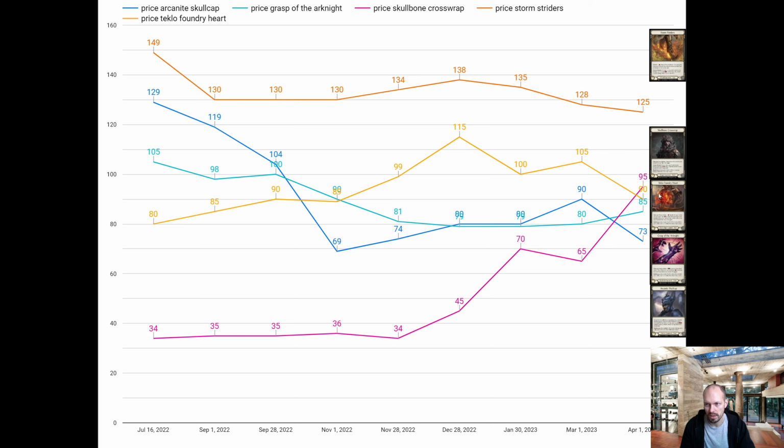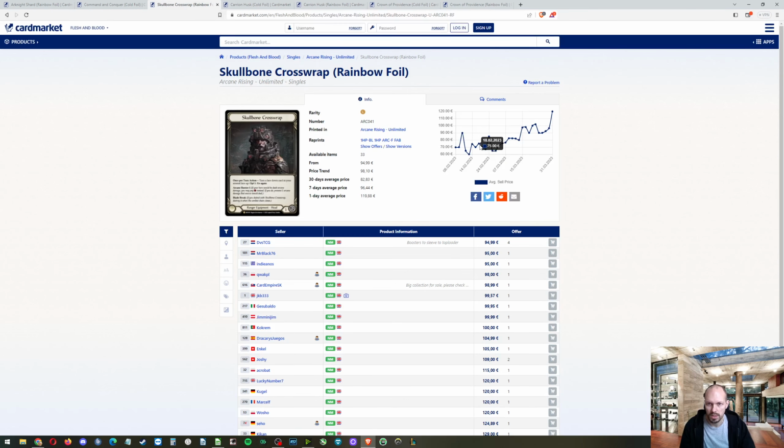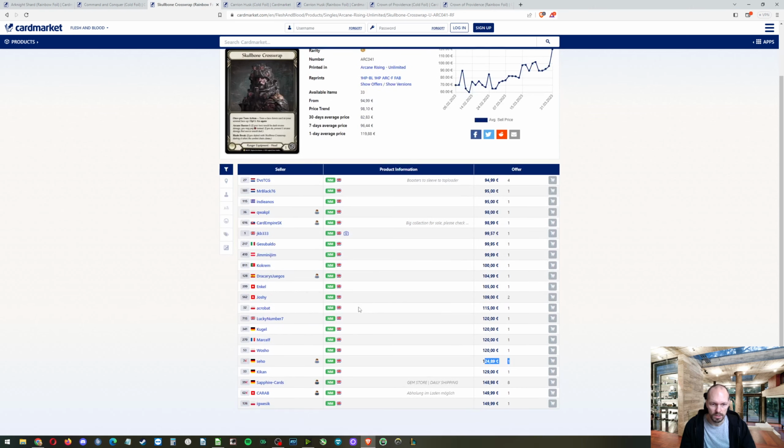Grasp is 85. Techno Heart is 90. Skullbone Crossrep is 95. And Stone Striders is 125. So this one is $30 more expensive than last month. Skullbone Crossrep, yes, it is. It has surpassed 100. It was sold for 120. Do I have one up for sale? Yeah, 125. So not many copies left, especially